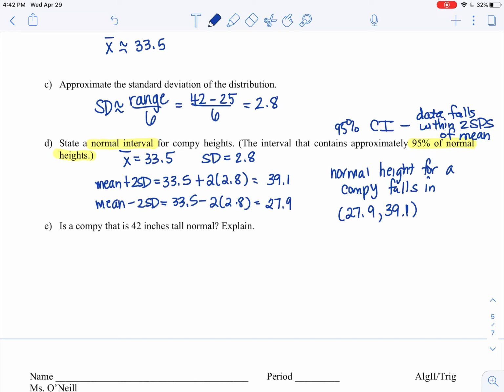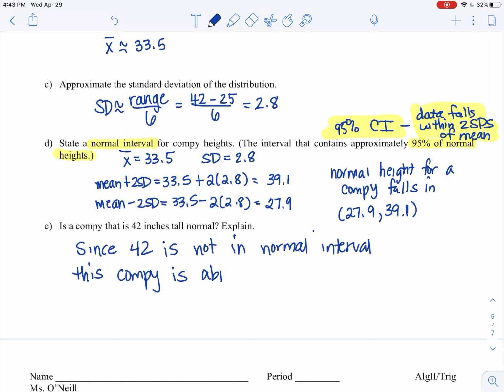So let's look at this last one. Is a compy that is 42 inches tall considered normal? 42 is not in that confidence interval, so no, that's an abnormally tall compy. So you would say, since 42 is not in the normal interval, and again, I want you to get in your head, normal interval means 2 standard deviations above the mean, 2 standard deviations below the mean. That's a normal interval for the situations we're going to be talking about. Since 42 is not in the normal interval, this compy is abnormally tall. Okay? So again, the purpose of today was starting to look at how data is organized so you can start